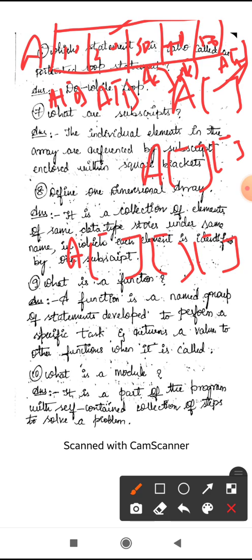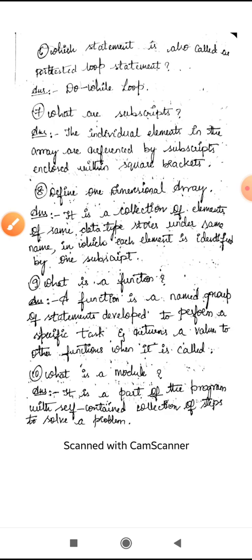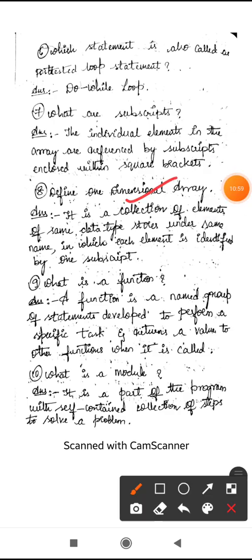Okay, so next, what do you mean by one dimensional array or define one dimensional array? It is a collection of elements of same data types stored under same name in which each element is identified by using one subscript.